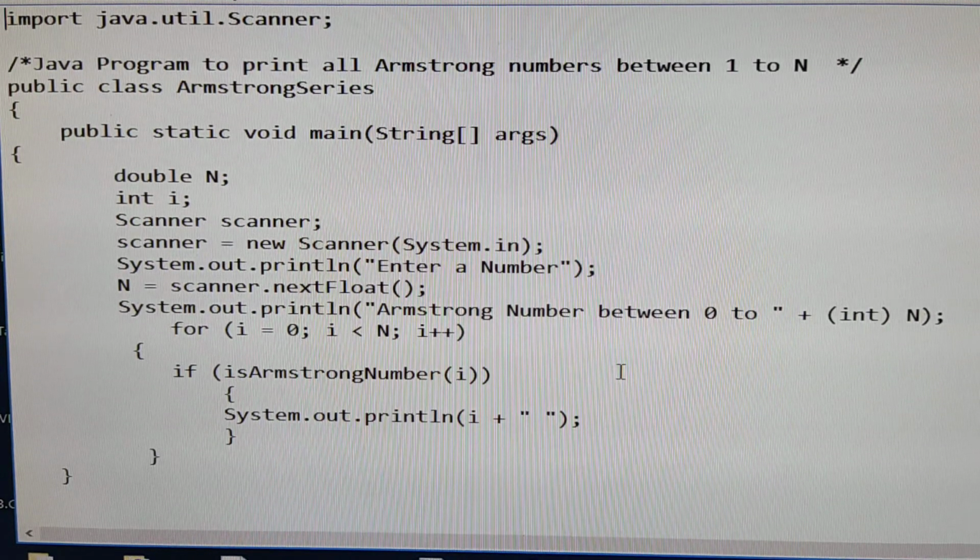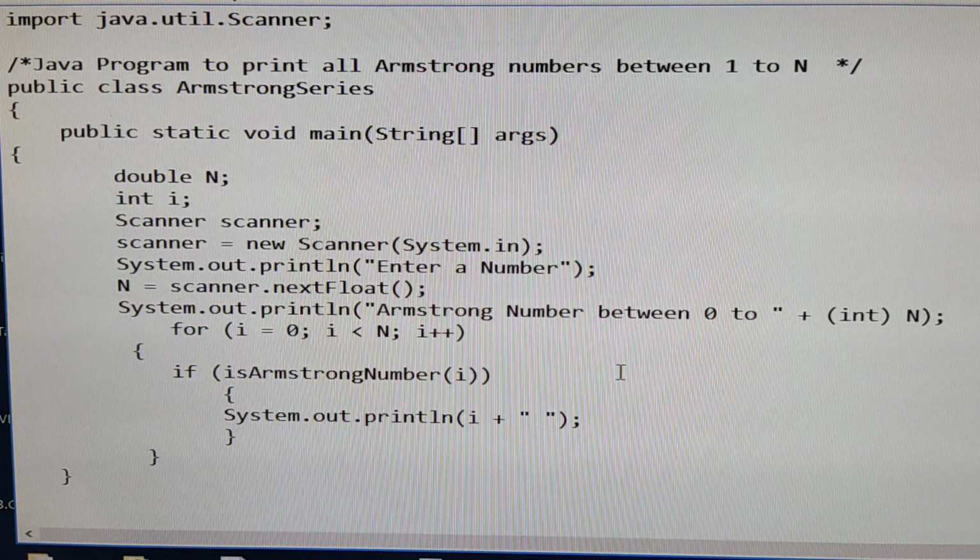Program number 9 is: write a program in Java to input n numbers in an array. So you should take n numbers, like 1000 numbers or 500 numbers, from a user in an array. That means you take an array with 500 elements or 300 elements and print out the Armstrong numbers from the same. See example, I have given some 100 numbers. From those 100 numbers, you need to print the Armstrong numbers.